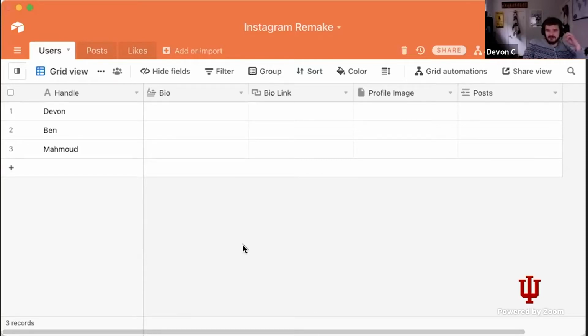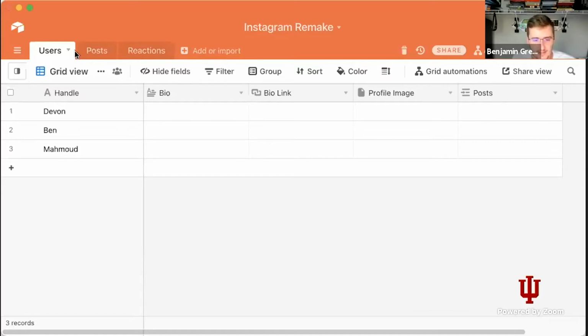Just count if and roll that back up to the posts. Yeah, exactly. So once we get a gallery view, we can use the count field. Yeah, let's call this reactions. So a big thing to note between these tables and why it's set up this way